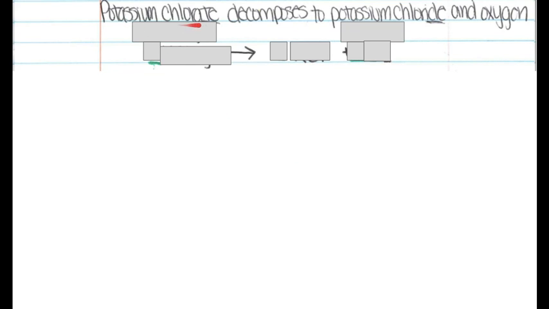So potassium chlorate, we would say potassium K1 plus, chlorate is ClO3 minus, right? So I'm coming up with this formula here. Decomposes into potassium chloride and oxygen. So this is another compound I'm going to have to create. So we're going to say,